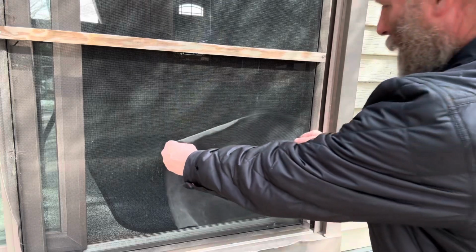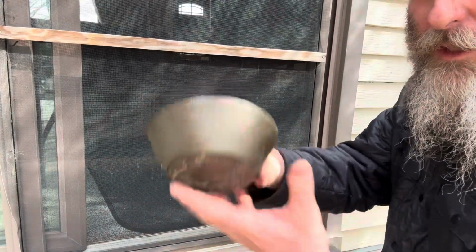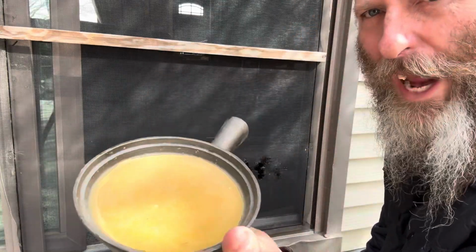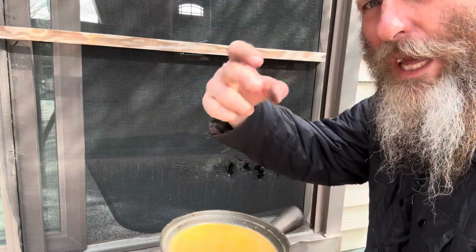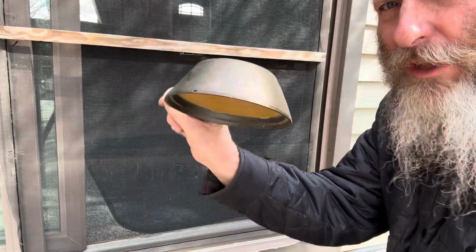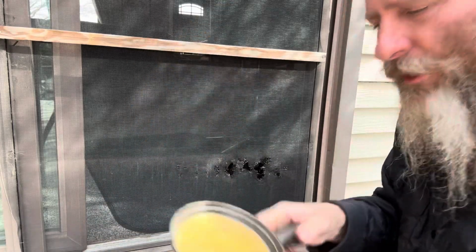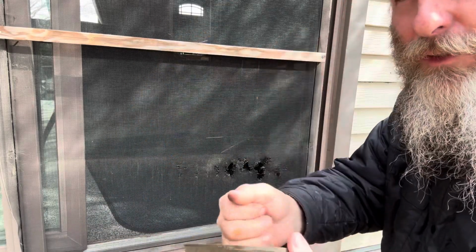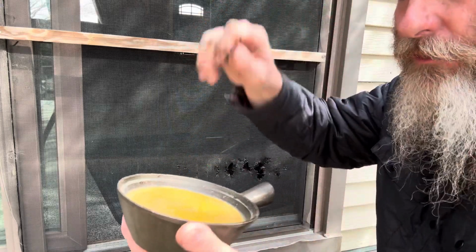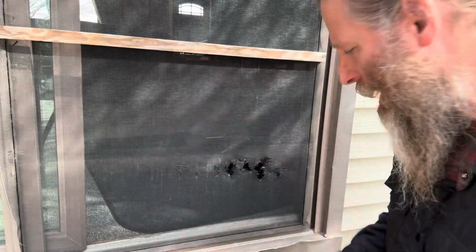All right, so I got a piece of replacement screen here. Check this out. This is a little cast iron pot, and inside here I've got beeswax. I bought a little block of beeswax off Amazon. It only cost a couple dollars, and then I put it inside here, and I heated it up, and it melted, and now it stays in this little cast iron pot. I use this anytime I need to seal something, waterproof something, an end of a board or a piece of rope or whatever it is. I heat this up with the torch, and I dip it in the beeswax, and it's a natural way to